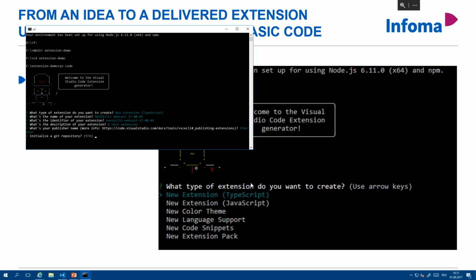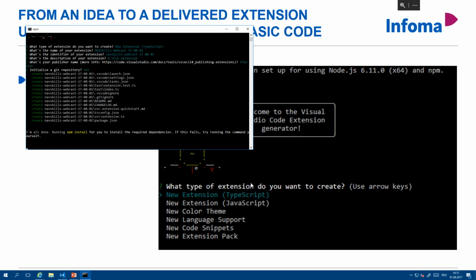And then it asks me for a publisher name. I already have one in place. So it's offering me to use Fenster, but there's also a good description that I'll show you later how to create that one. And I also want to initialize a Git repository, which means that I get a local repository. I'll talk about that a bit later also, but this allows us to track the changes that we're making to the generated code.